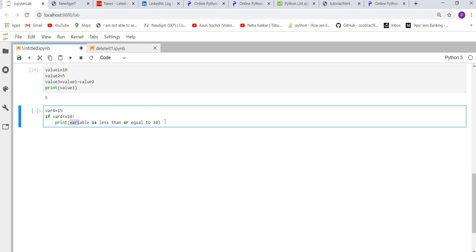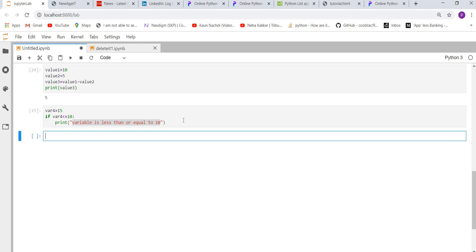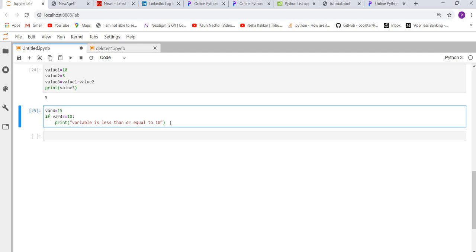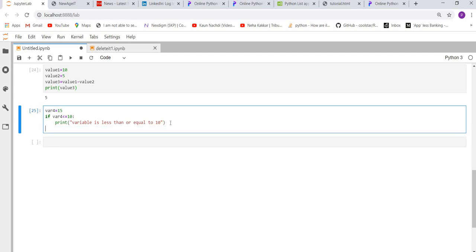So you would put it in quotes. That is how the syntax works for Python. We ran it, right? Nothing happened because the value was not less than 10. We never said what needs to be done if it is larger than 10.